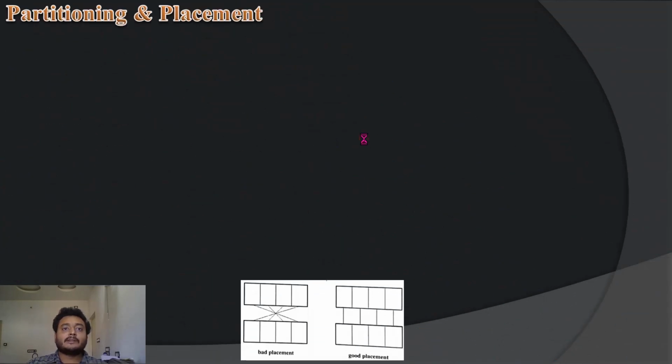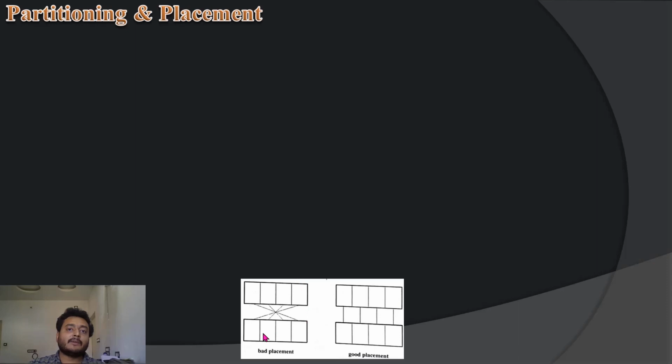So, partitioning and placement. This is the first one you are seeing. Assume there are four boxes, 1, 2, 3, 4. You have done the partitions, and these are the different blocks. When you check the placement here, suppose you have 1 2 3 4 5 6 7 8, so eight blocks, numbered as I said. The fourth block has an interconnection with the fifth block, and the first block has a connection with the last, the eighth block. If you place 1 here and 8 there, it's a bad placement, right?